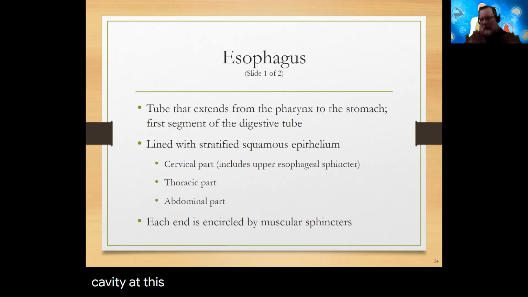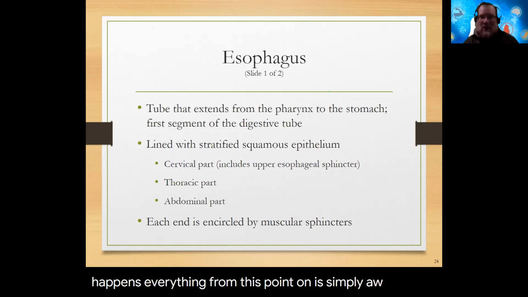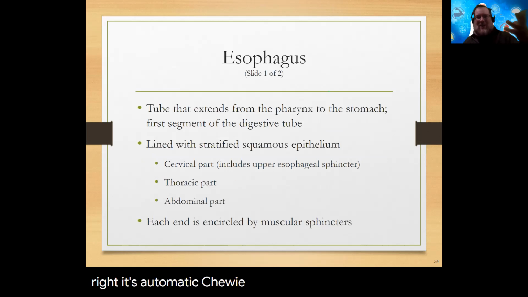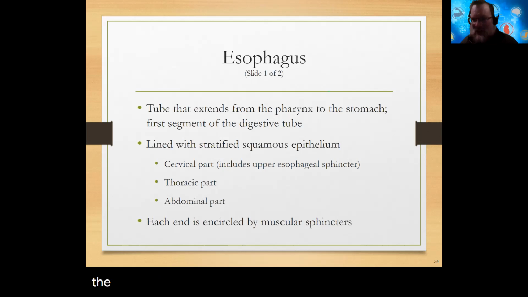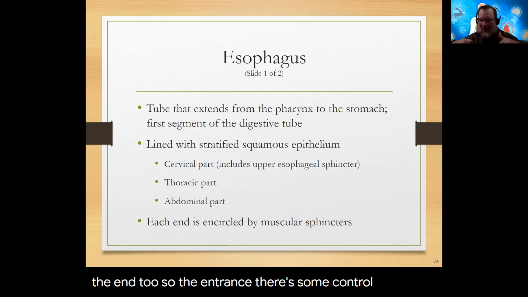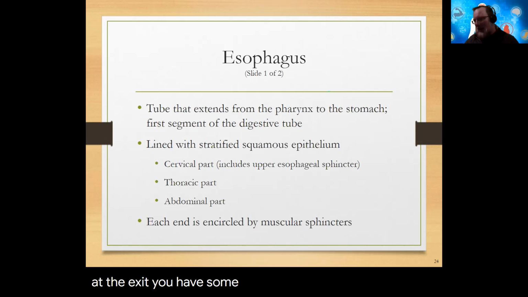At this point, we really have no control over what happens. Everything from this point on is simply autonomic, right? It's automatic. With chewing there is some conscious control, at least there should be. And then once you swallow, which is also conscious, from there to the toilet, well, you have some control at the end too. So at the entrance, there's some control, and then at the exit you have some control. Everywhere in between, you're pretty much relying on your 20 or so feet of GI tract and the accessory organs